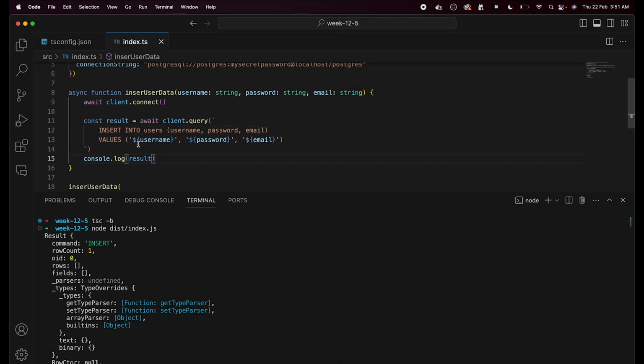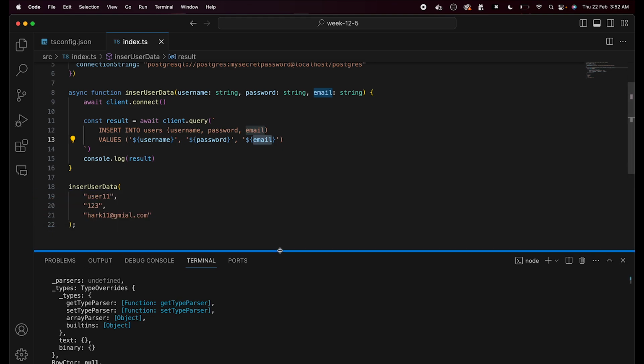But I mentioned this is slightly insecure. Why? Because this username and password and email is something that the end user will provide you. In the end, you're creating a full stack application, and whenever the user signs up is when you get the username from them and you put it here, password from them, you put it here, email from them, you put it here. And there is a common attack vector called SQL injection,